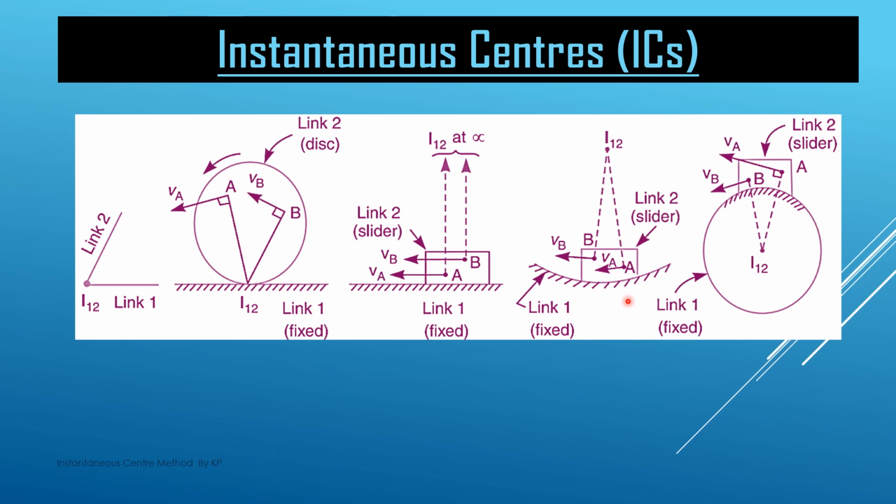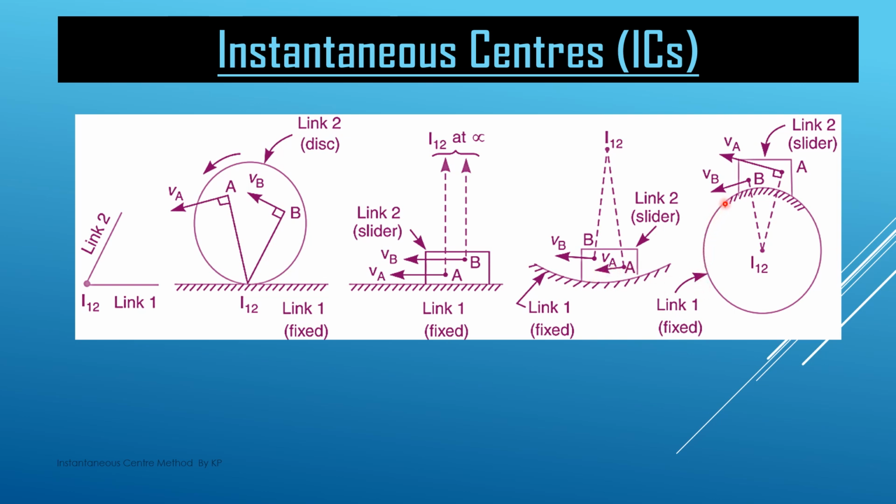If we have link 1 and the other link, a slider, is sliding inside that fixed link which is in curvature form, their IC lies at the center of curvature of link 1, the fixed link. So this is the center of curvature of the curved surface, and their IC I12 lies here. If we again have two points A and B and we want to find the velocity of these two points, we can join I12 with point B and I12 with point A, and because the slider is moving in the